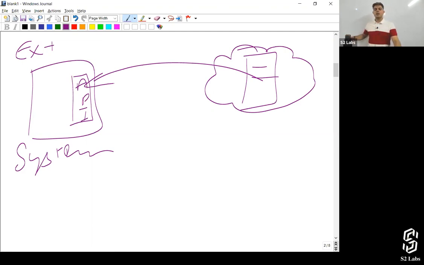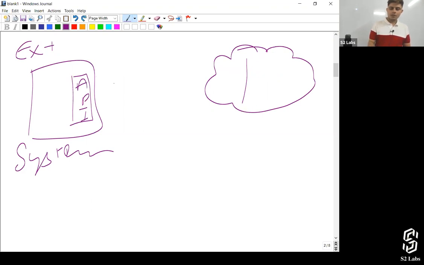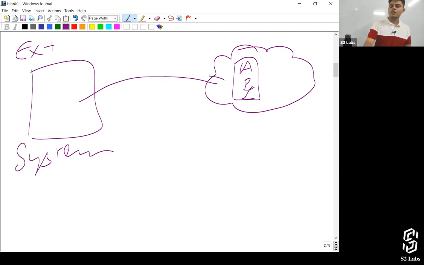By the way, if the API is here in Salesforce and we are making a callout from an external system to the API, this is called inbound integration.